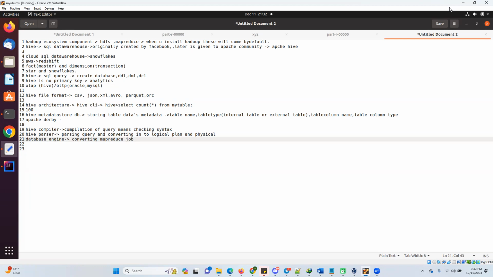In the Hive architecture, there is one more component, the Hive script server. This will be very useful when you are getting the data from some different